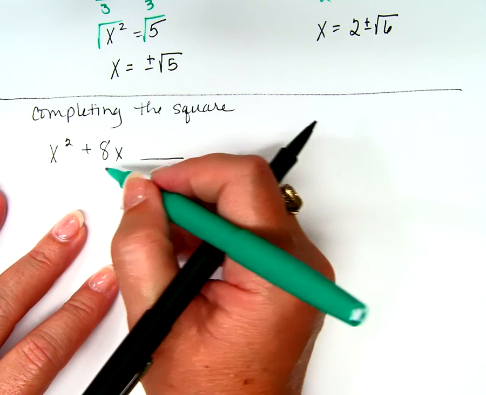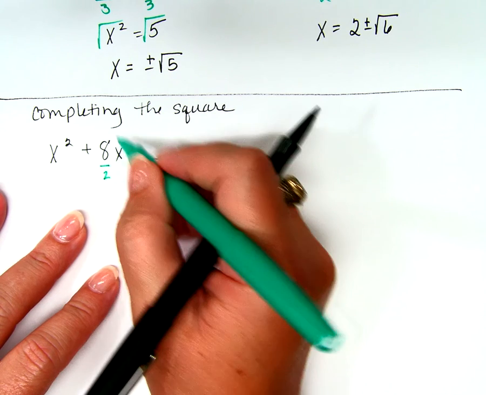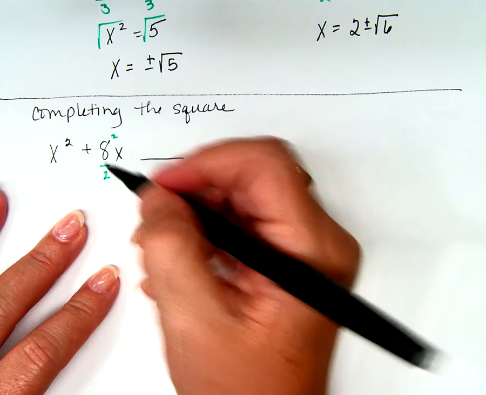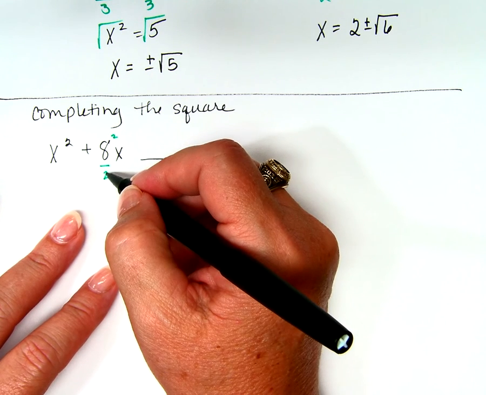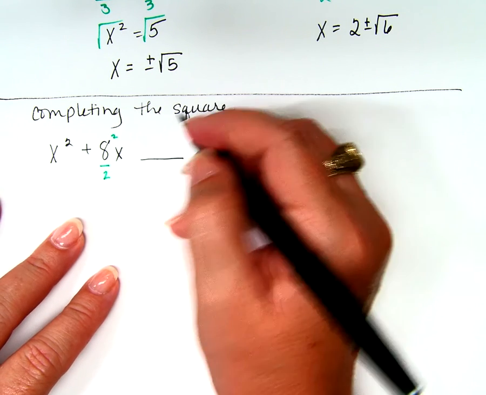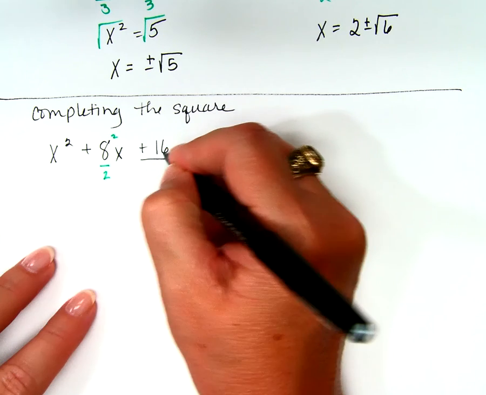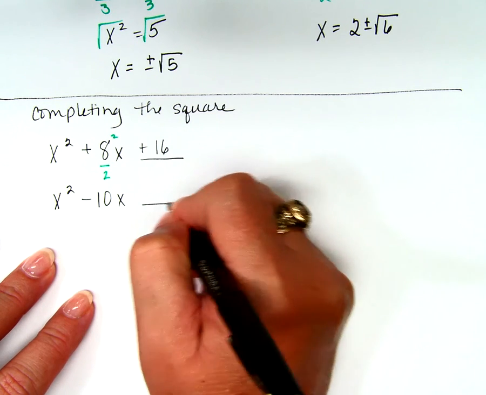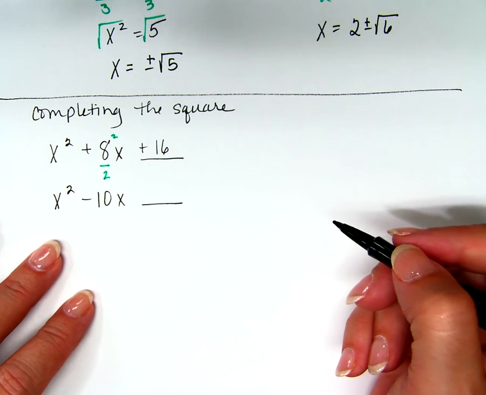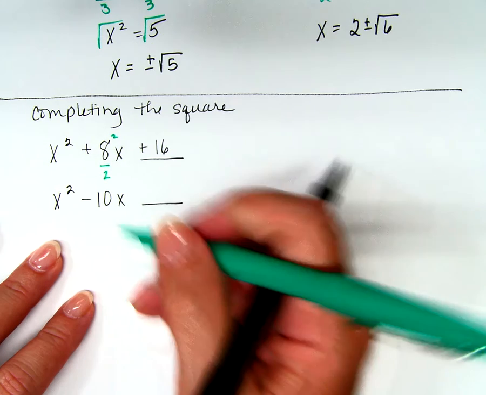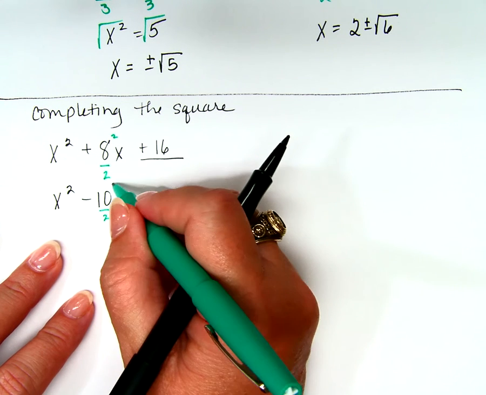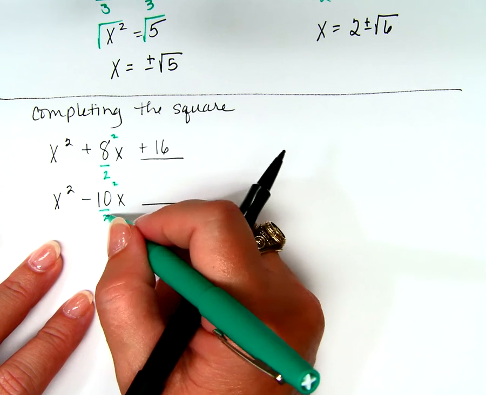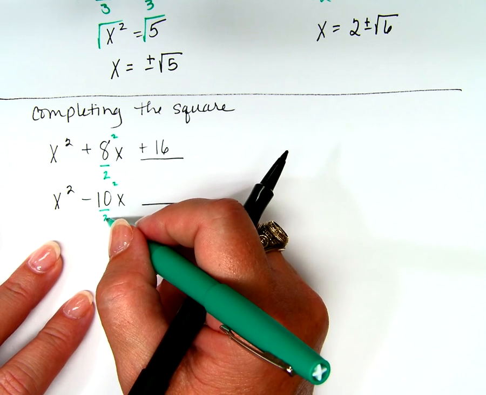Whatever this x term is, I'm going to divide it by 2, and I'm going to square it. What's 8 divided by 2? 4 squared? 16. What if it was x squared minus 10x? How do I complete the square? Divide it by 2 and square it. What's negative 10 divided by 2? Negative 5 squared